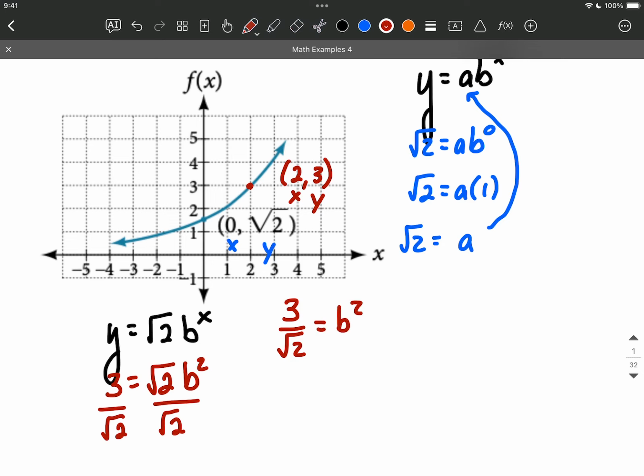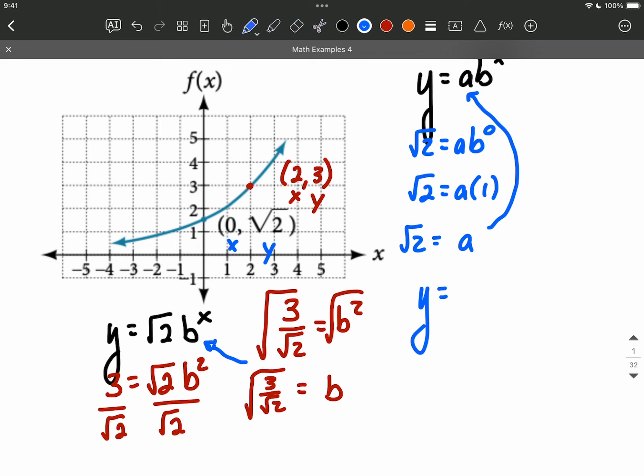And from here, we still need to get b all by itself, so we need to get rid of that square. We'll apply a square root to both sides to accomplish this. So b equals the square root of 3 over the square root of 2. Now, like I said at the beginning, we're going to get to an answer, and that answer is just going to be take this value for b, put it right back into that function we've been getting, and we get y equals the square root of 2 times the square root of 3 over the square root of 2, that went in for b, all raised to the x power. So this is an answer